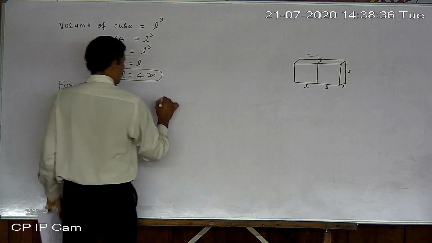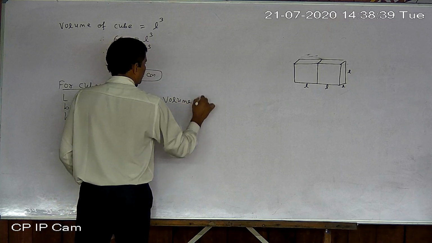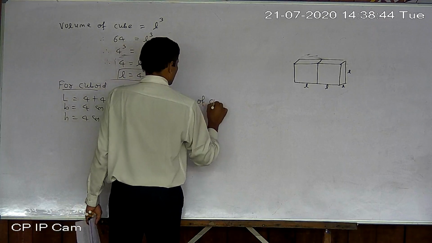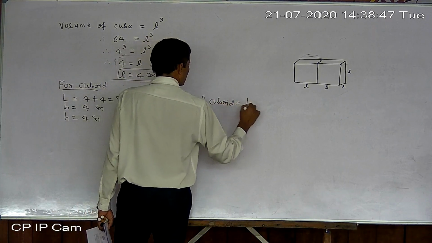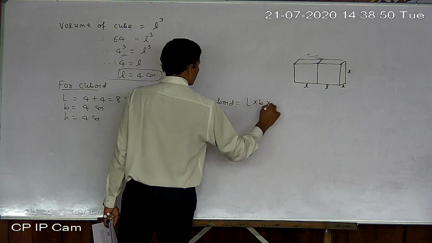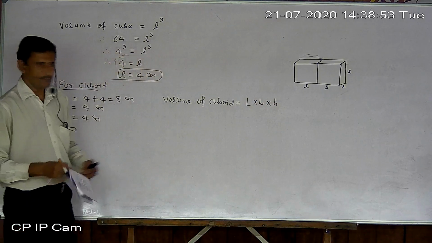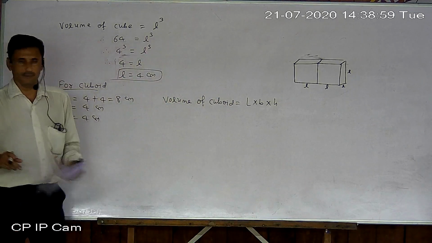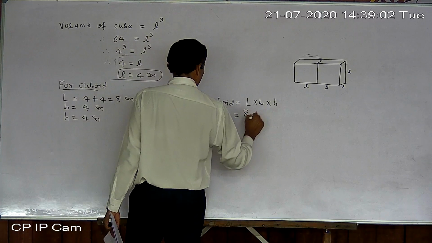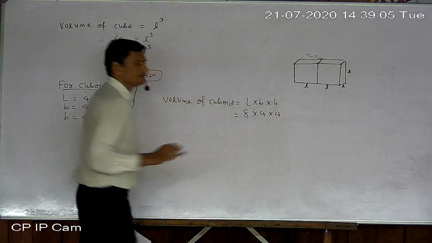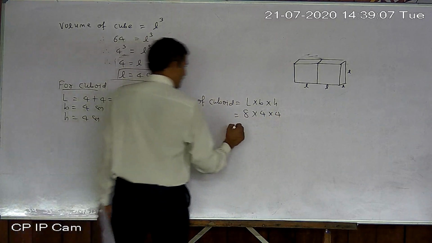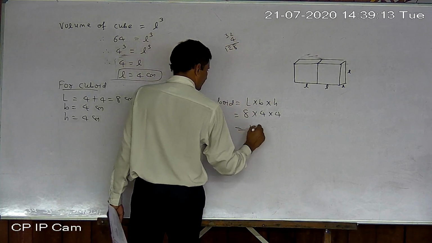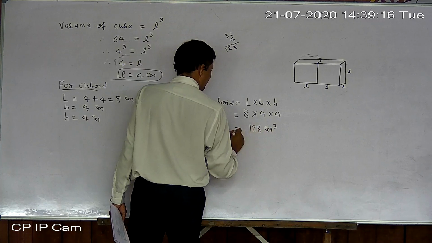Now find the volume of the resulting shape, that means the cuboid. We can say it is a cuboid. Find the volume of the resulting cuboid. Volume of cuboid is equal to L into B into H. We write capital L here so that no mix-up of both is possible. So it is equal to 8 into 4 into 4. So it becomes 8 4s are 32, into 4. 4 2s are 8, 4 3s are 12. 128 centimeter cube. Unit should be there.